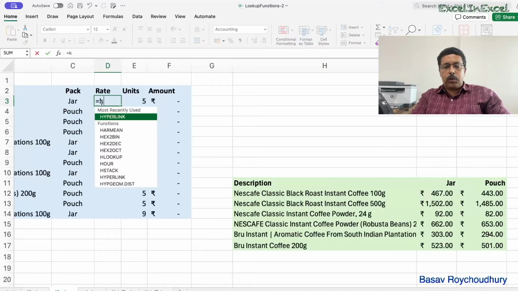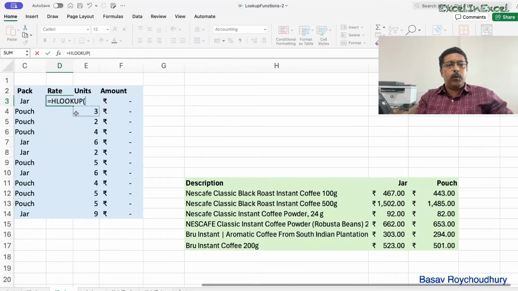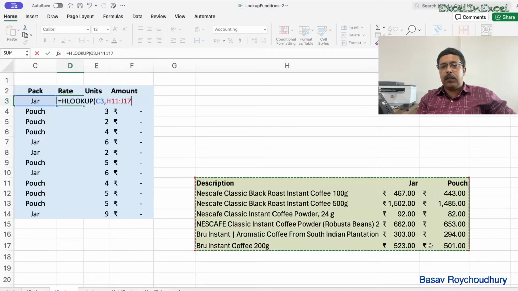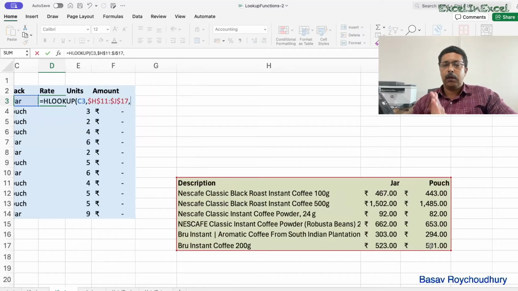So I'll use an HLOOKUP. And what I'm going to do is look up the pack, that is jar in this case. And what is my lookup table? This entire thing is my lookup table. Let me make it absolute. But then again, I'm stuck. What will be my row number to return? Which row index do I return? So in this particular row that we are looking for, Nescafe Classic Black Roast Instant Coffee